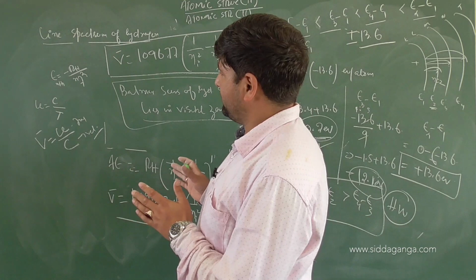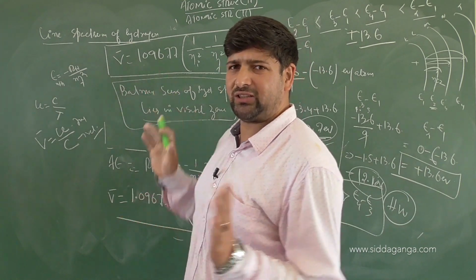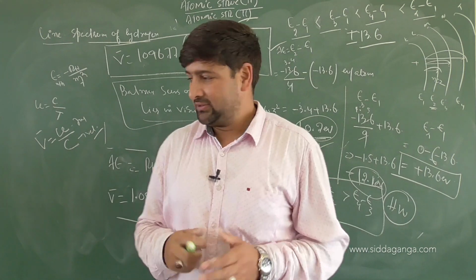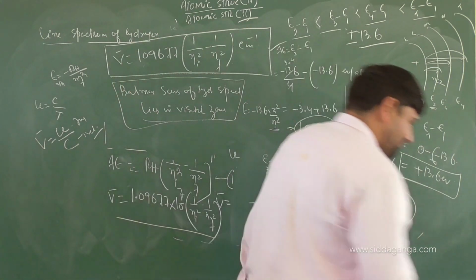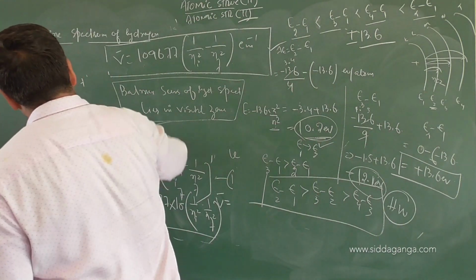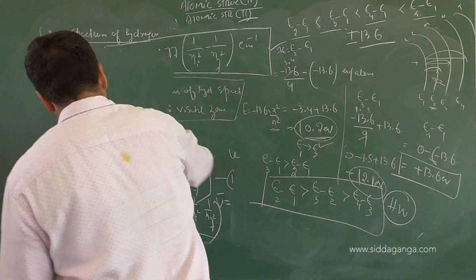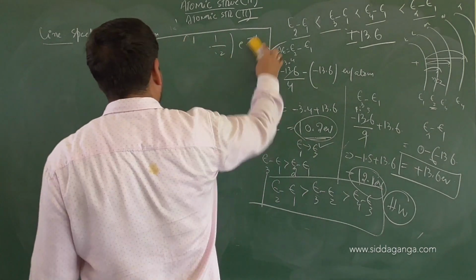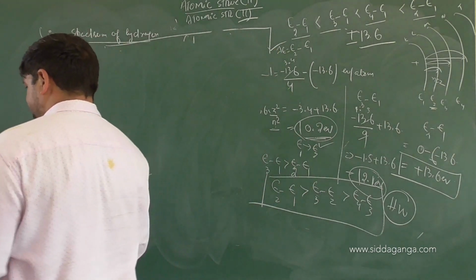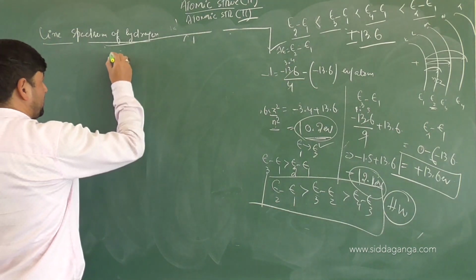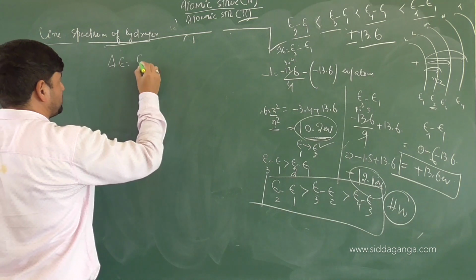So keep focusing on this. The wave number calculation, you understood. Nothing to mug up there. First thing, I'm using Bohr's model. When you are using Bohr's model of an atom, what are the ways in which you will be in a position to find that wave number equation? Don't just mug up the ideas here. First thing, simple and straightforward analysis. Use Bohr's model: delta E equals E2 minus E1.